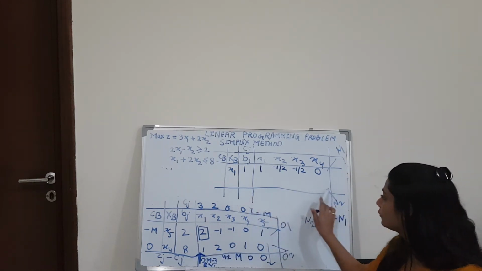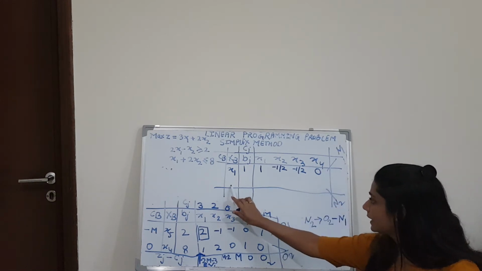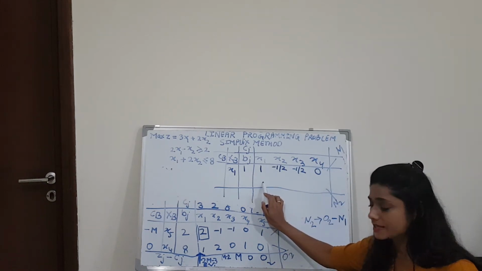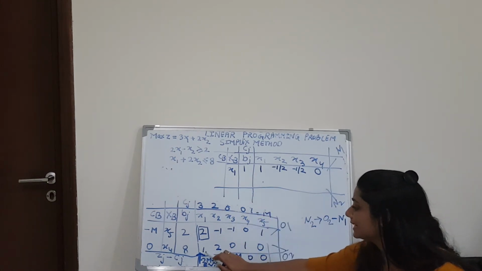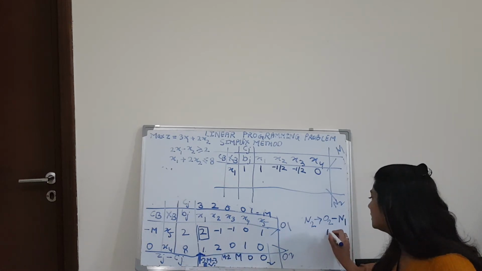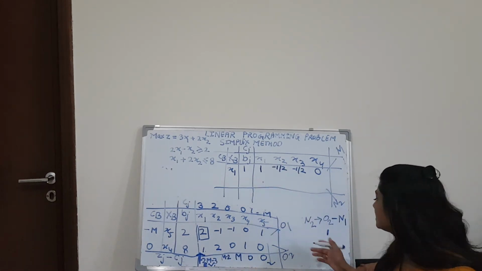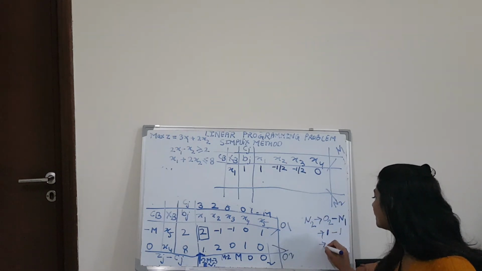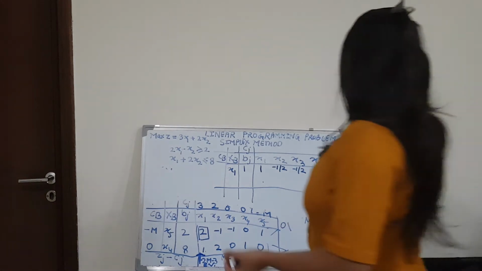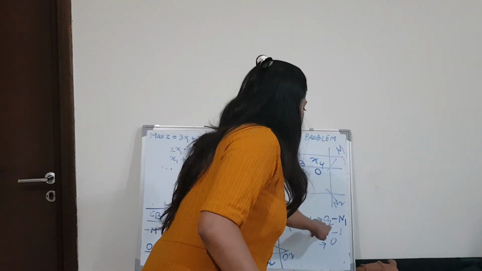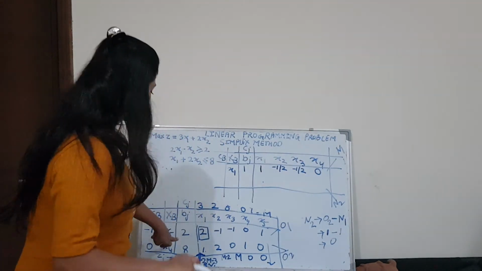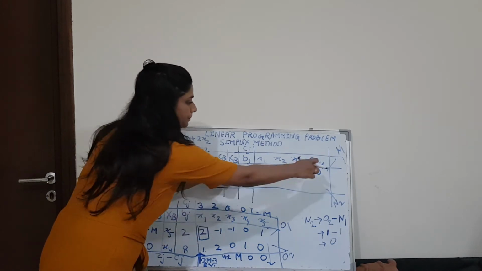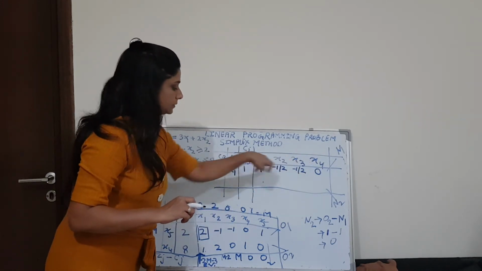I am repeating it again. We are calculating N2, and in O2, at this place we have to make 0. In O2, the old second row, 1 is here, and here in N1 is also 1. So if we subtract this N1 from O2, we will get 0. So our equation is N2 equals O2 minus N1. Now we have to subtract all the numbers from this N1.